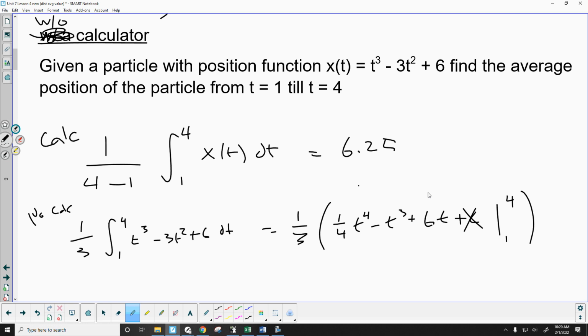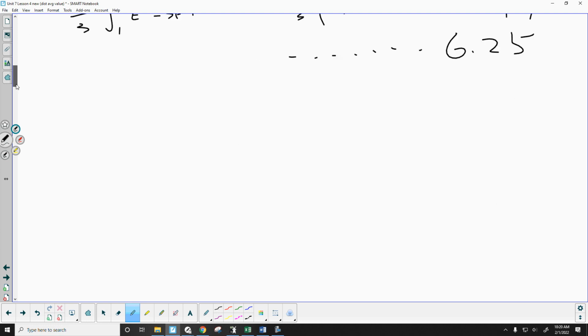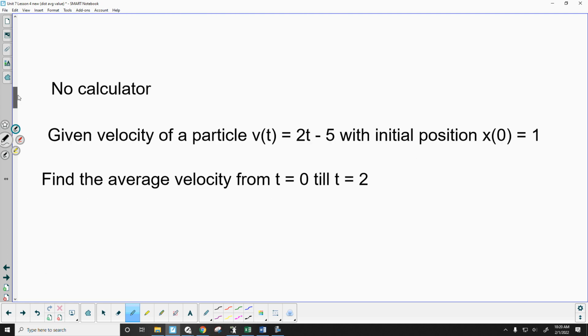Okay? And then yada, yada, yada, 6.25. A lot of yada, yada, yada's there, but you get 6.25. Calculator, no calculator, the setup is the same. Just remember, without a calculator, don't forget to take the antiderivative. Don't just plug in 4 into this and 1 into this. Okay? Finish things off with